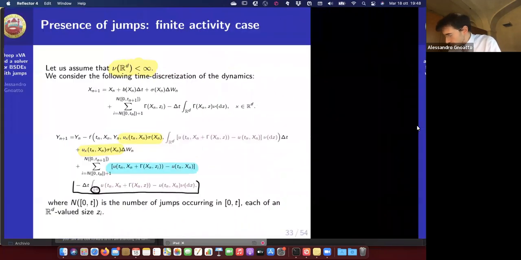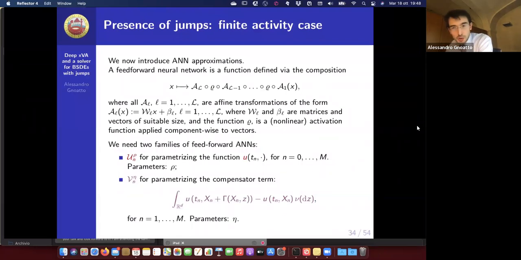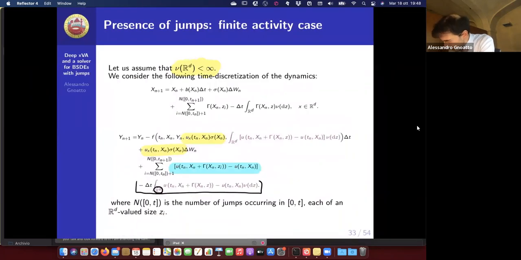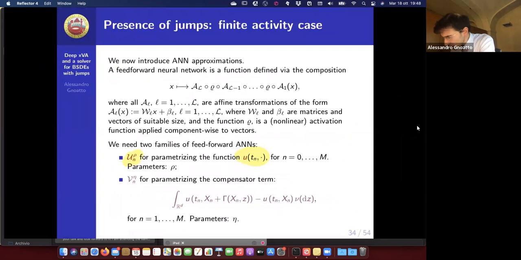So, what we propose is to introduce two families of artificial neural networks. The first family of neural networks will parameterize directly the function u. The function u, let me remind you, appears here, and is also the integrand here. So, with the first neural network, I just parameterize u, which is the solution of the PIDE. But the trick that we propose now is the following. I don't want to perform this very high dimensional integral in dimension 100. No way I want to do it.